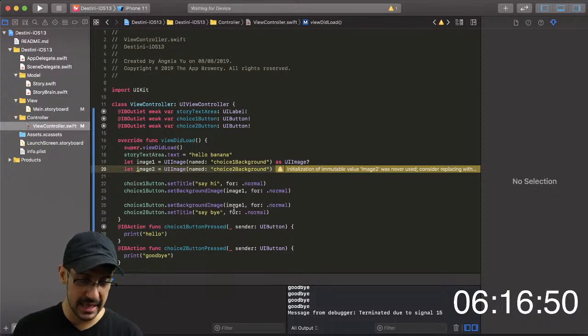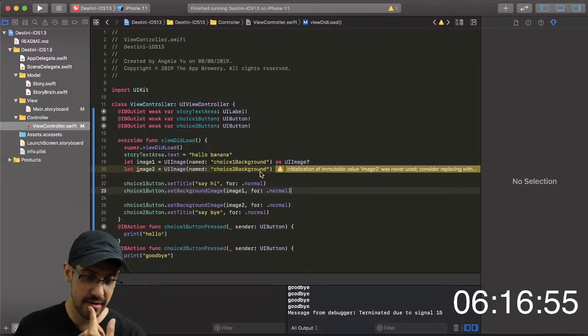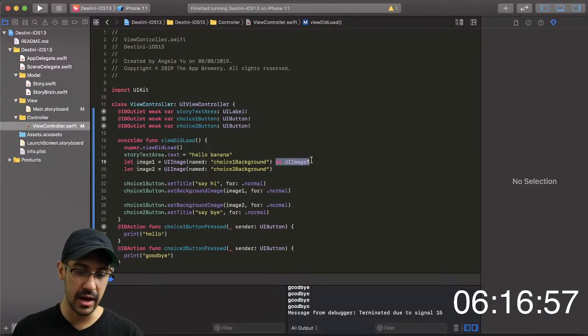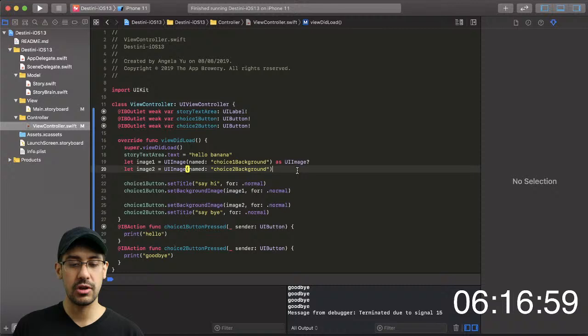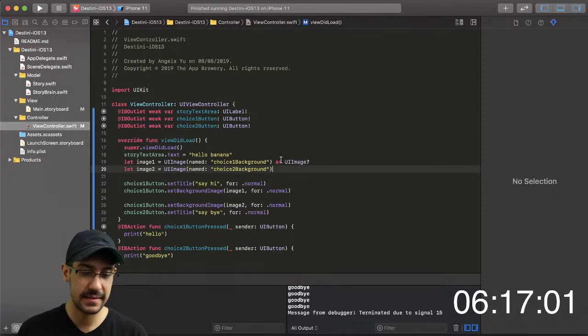And then we're going to use that here as image 2. Let's see if we get an error. I want to try not putting the as UI image. I think this, oh, you know what it is? It forces